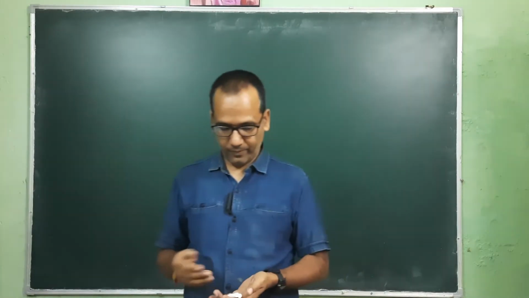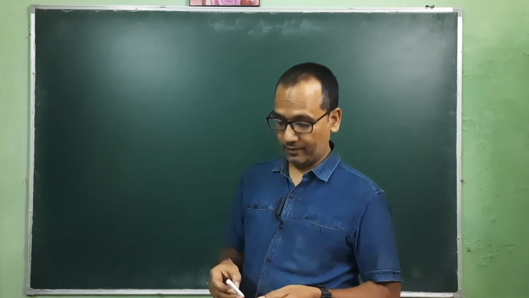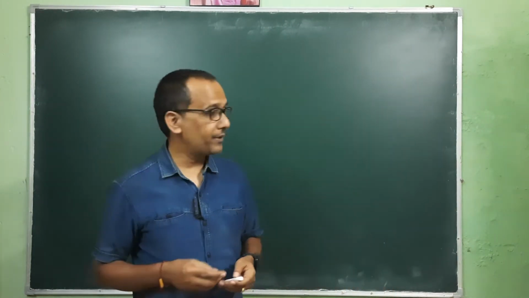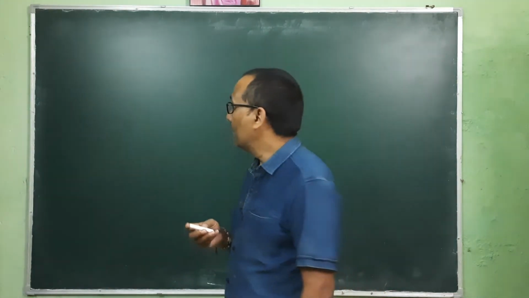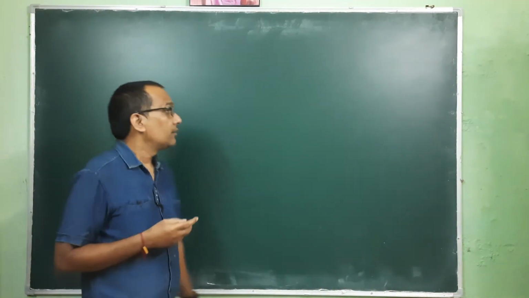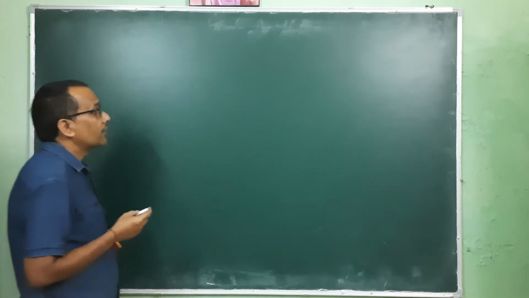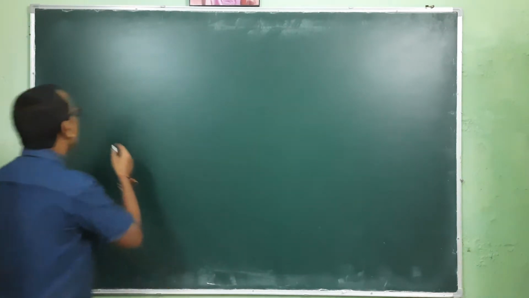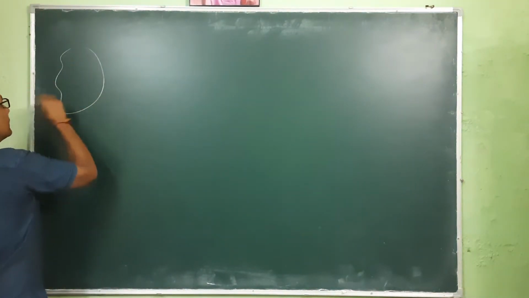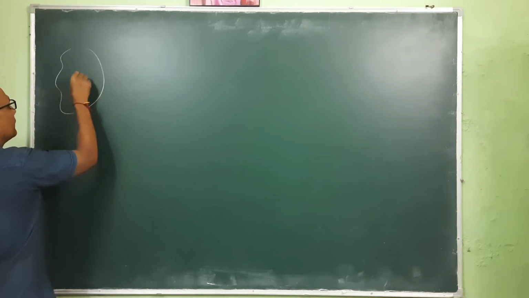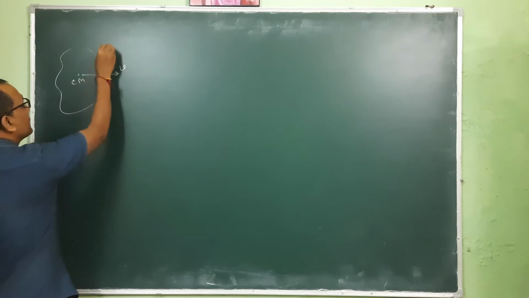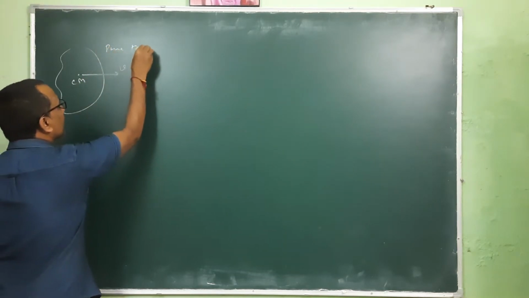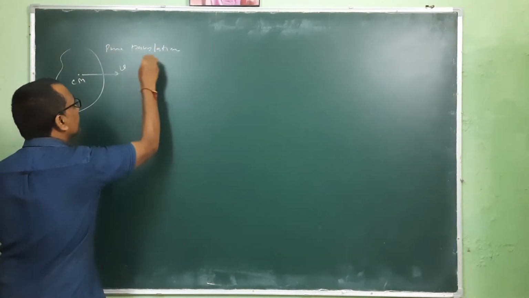Okay, so today we will discuss another new physical parameter. Before that, let us compare again the rotational motion with translational motion of a rigid body. If this is that rigid body, and it's in the center of mass and it is moving with constant velocity v, this is pure translation motion.